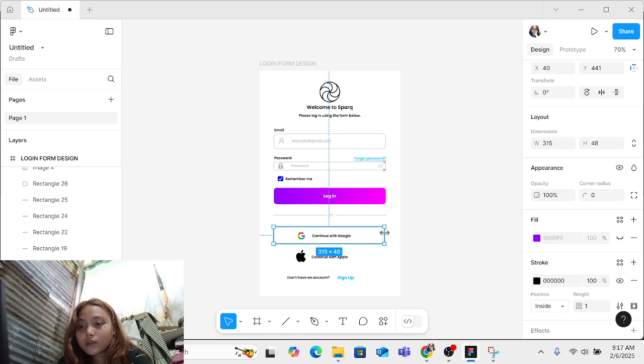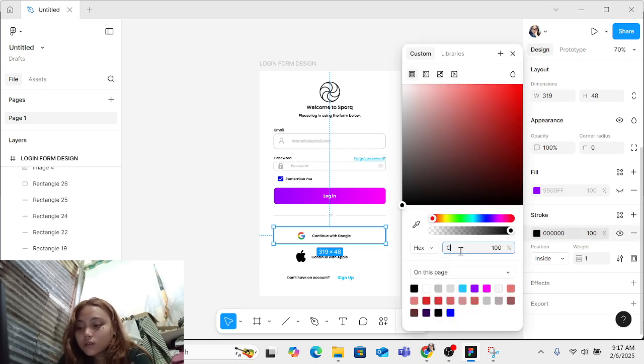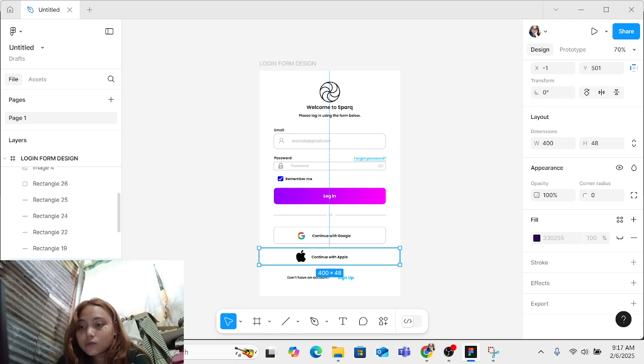I thought we were done, but I was wrong. We are still not done. And change the stroke into C4, C1, C1. Then let's resize it. Something like that. Next, this one too.